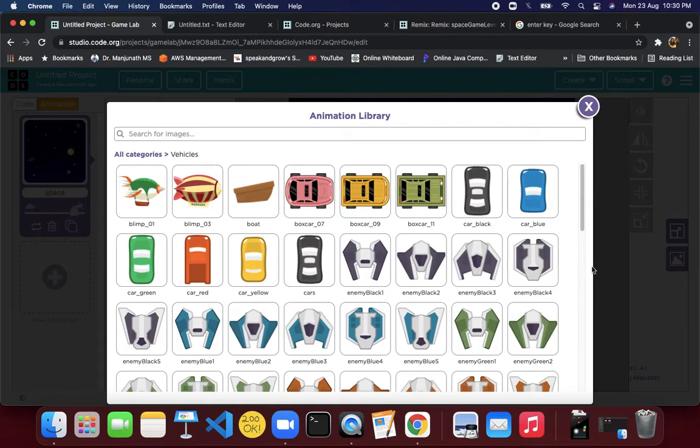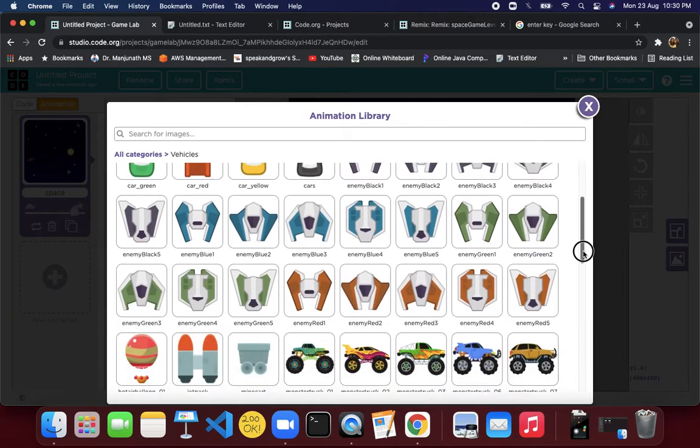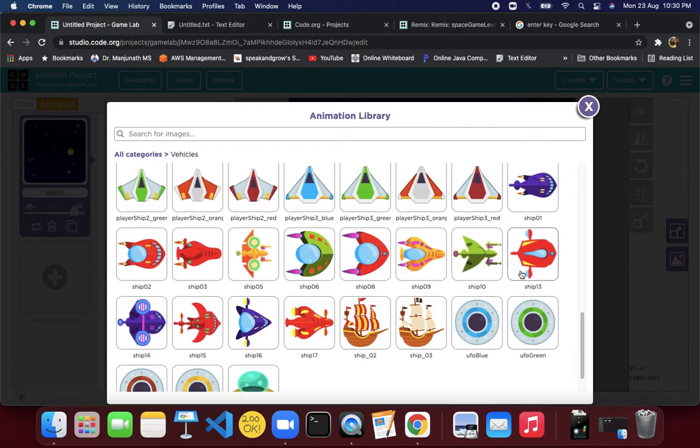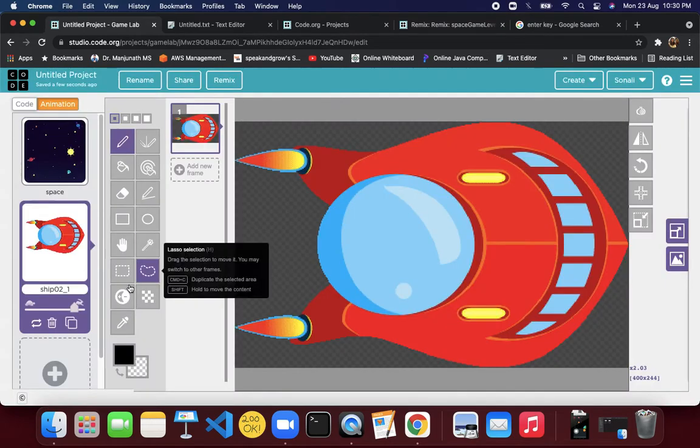Yeah, we find some cars. Okay, here we have a few ships. This is the one, by the way, I have used the purple one. I don't know which one we should use. I'm inclined towards purple, but let's use this red one. Okay, so let's make the name again. Keep it ship. Here only you can select and give the name.